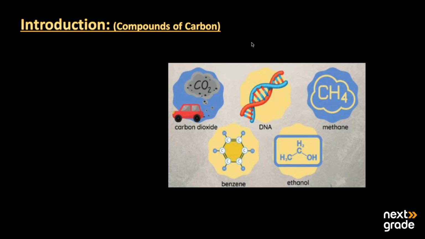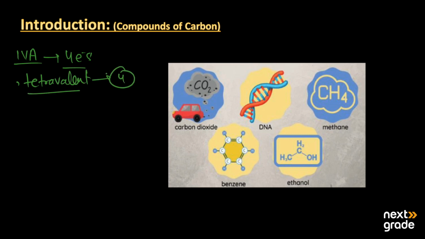So the topic that we will discuss today is the compounds of carbon. As we have already learned about some properties of carbon, it is an element from group 4A, as it has 4 electrons in its valence shell, and mainly it is tetravalent. Tetravalent means it can make 4 bonds as its valency is 4, and it can make covalent bonds